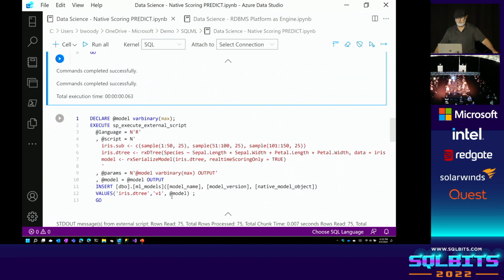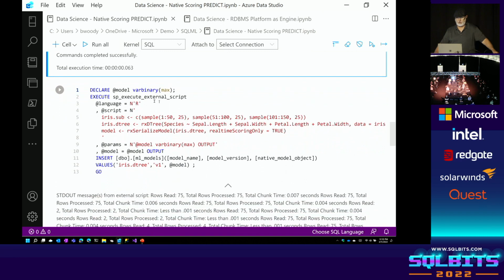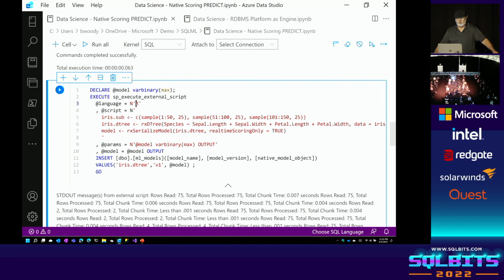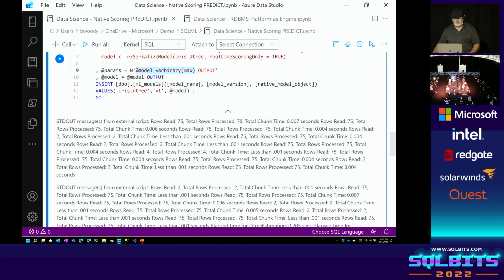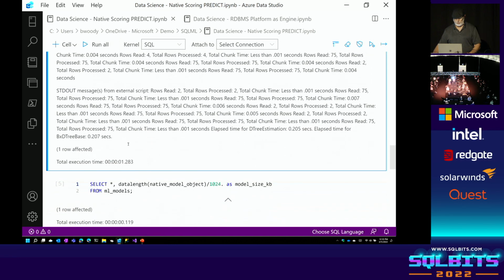The next thing I do is I execute a binary script, an external script. This is in R, and it gets this R code, and then it sends out the model, and that simply stores the model in an insert into the system we just made here for my scoring. Everybody with me so far? All I did was send it some things from here. So far, nothing from SQL, right? Nothing from SQL. I'm just going to go get the output. And it tells me what it does. It does the training work, and it stores the model.